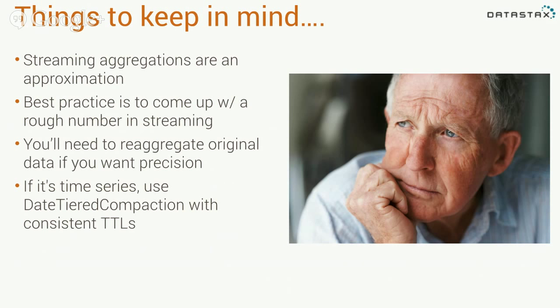There are a few things. So streaming aggregations are an approximation. They're not perfect. So there's a good chance that you're going to want to go back and re-aggregate. But if you're looking for real-time numbers to show someone, it's okay that it may be a little bit off, or your windows may be slightly not perfect. But if you do need perfect windows for reporting, you're going to want to go back and write a job that actually looks at all the data and re-aggregates it. So in my particular project, I have one that just has real-time data aggregated, and then I have my other data that has batch jobs that gets re-aggregated.